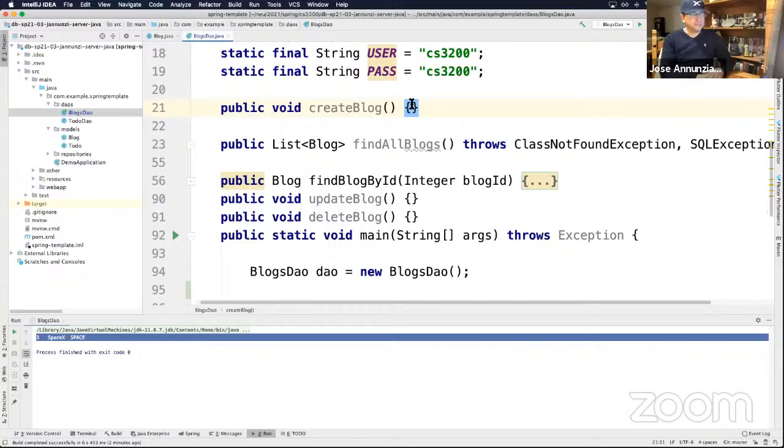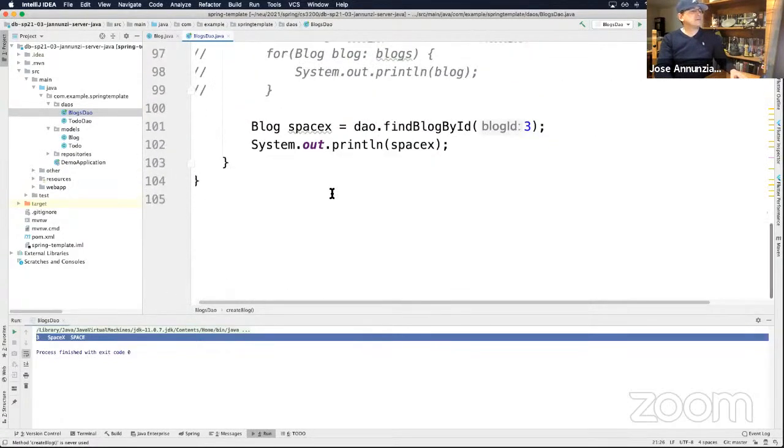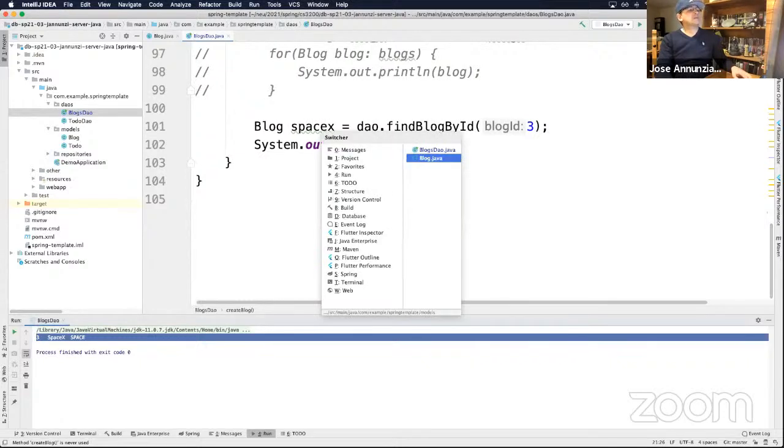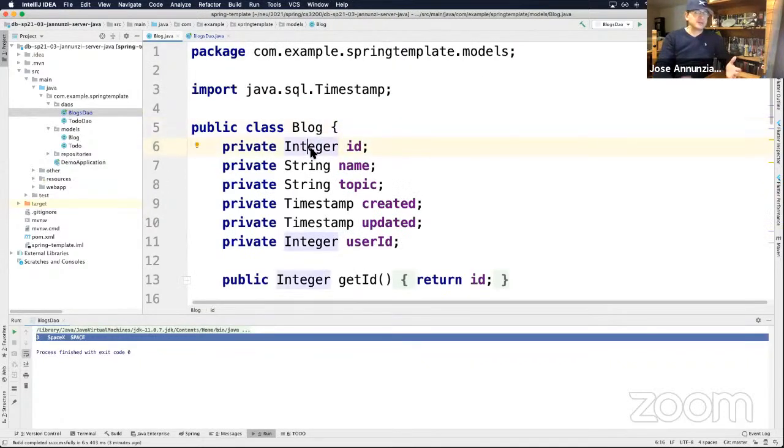implement create blog. As the name suggests, you are creating a blog, and usually it means that you're passing some information about that blog. I believe blogs have an ID, which we're not gonna create because the insert is probably auto incremented. But they have a string for name and maybe a topic, also as a string. So let's